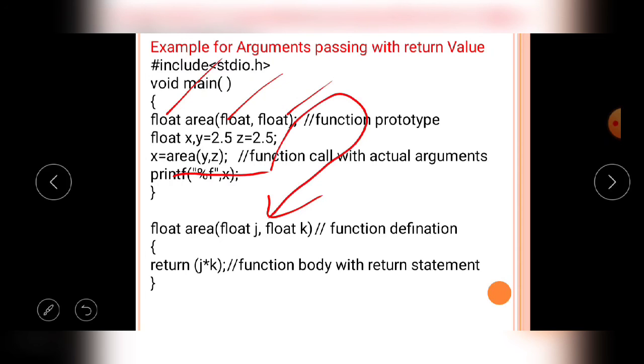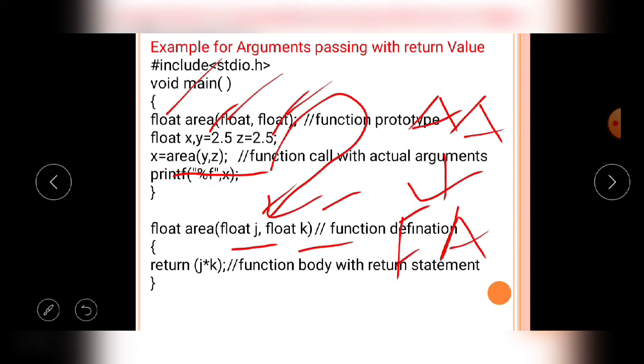Now the y value and z value, y is 2.5 in the program and z is also 2.5. These two values are copied into the formal arguments, that are j and k. Now j is copied with the 2.5 value and the k variable is also copied with 2.5. Here the actual arguments are copied into the formal arguments.